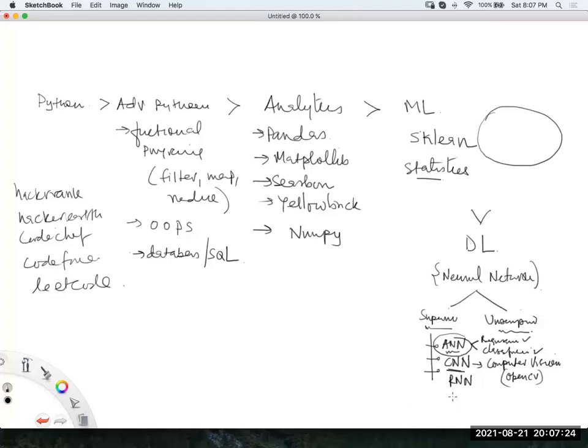RNN is recurrent neural network, primarily used for time series data, guys. You have a long history of data, like 10 years of rainfall data, 100 years of earthquake data. All of that is RNN, guys. And the latest example I can give you, you are using RNN every day.